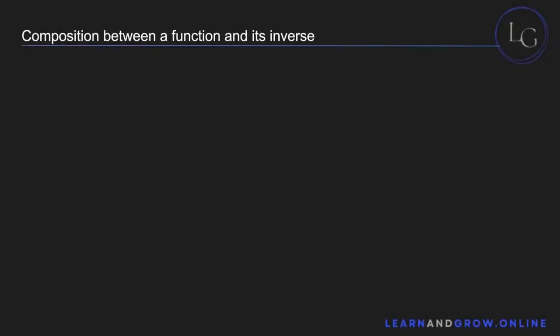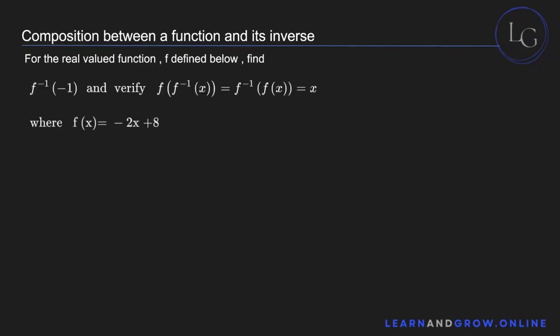Now let's see the composition between a function and its inverse. It says that we have to basically find f inverse of minus 1 first, and f of x is given to us. So first we need to find f inverse of x and then input minus 1. And then we have to verify that f of f inverse of x and f inverse of f of x is equal to x. Okay? Now,